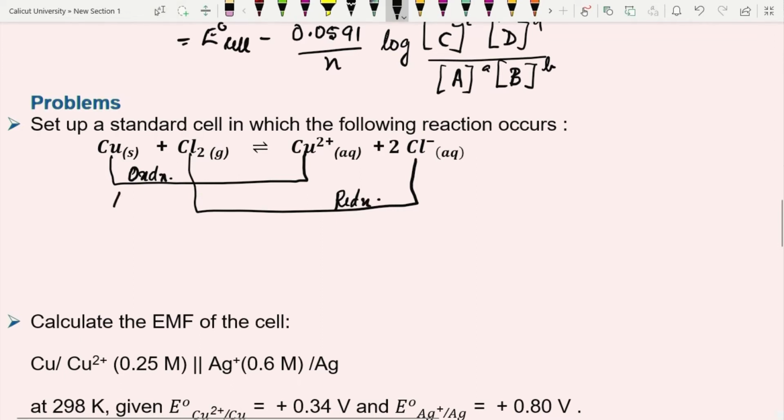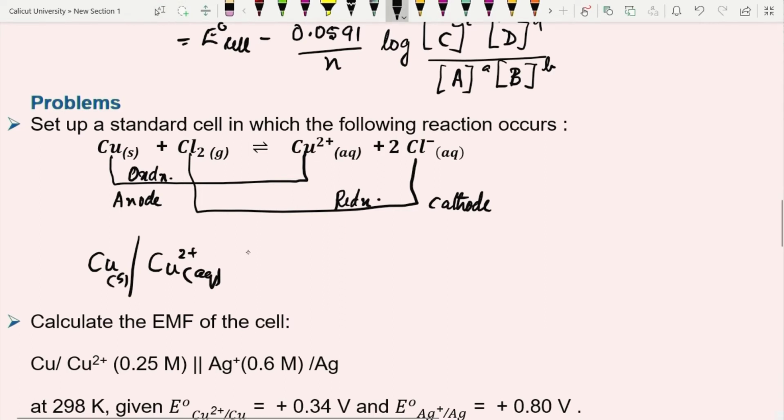So, the copper will be the anode and the chlorine part, that is a gas electrode, will be the cathode. Now, we can write a cell. First, we have to put the anode, that is copper, in contact with copper ions,